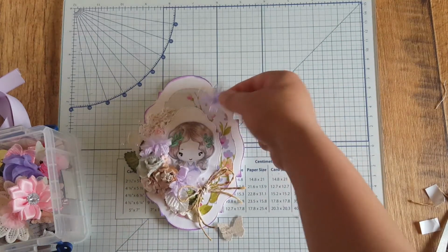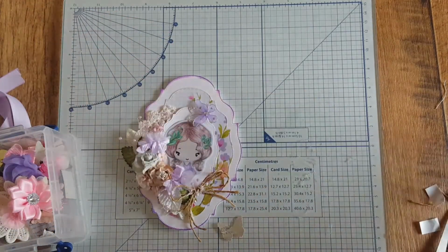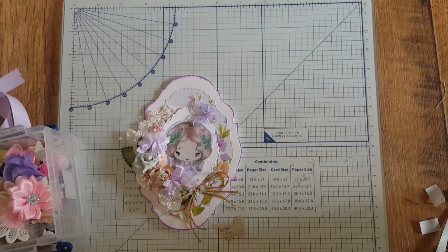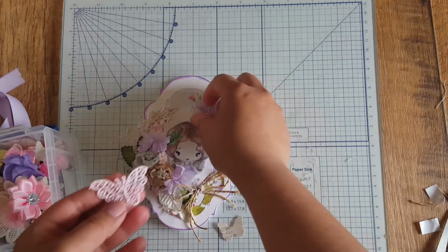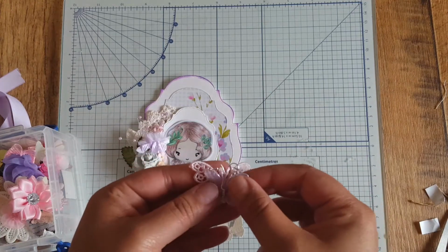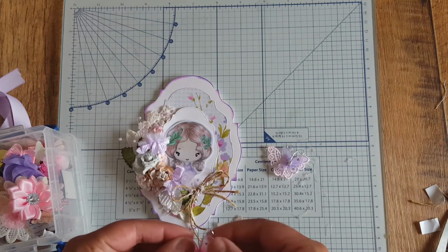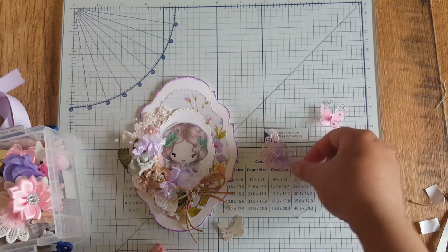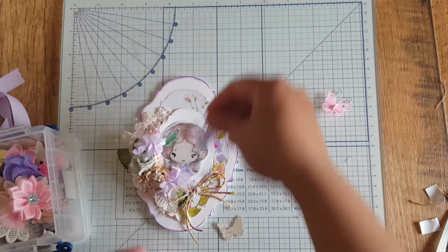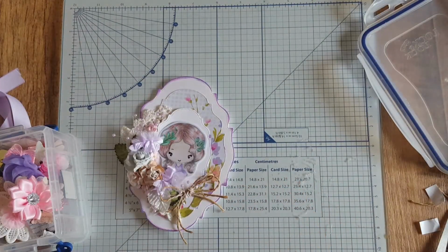I'm just thinking, is this too purple? Oh, there's this one here, which is an applique one. This will be too big, and there's a pink one here. Yeah, I think I'll add the purple, but before I add it, because it is a bit too purple, I'm going to